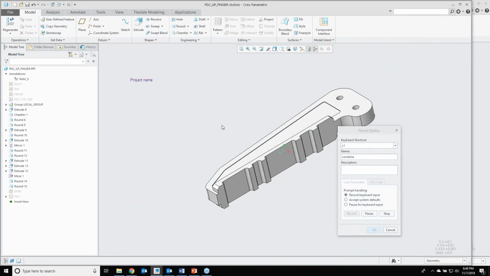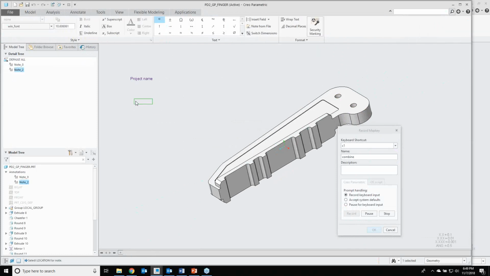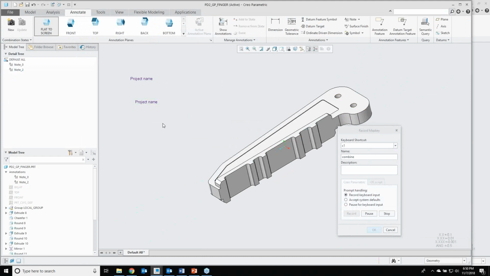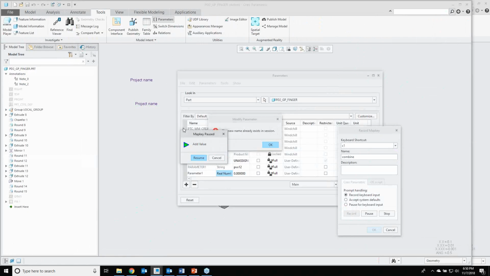And I'm just going to click in the graphics window. And I'm going to say N1. And I'm going to place my note. That is really slow. That must be the connection. Okay, so there's my project name. So that's N1. And then I want to add the parameter as well. So that map key was P1. So I'm going to hit P1 on my keyboard,